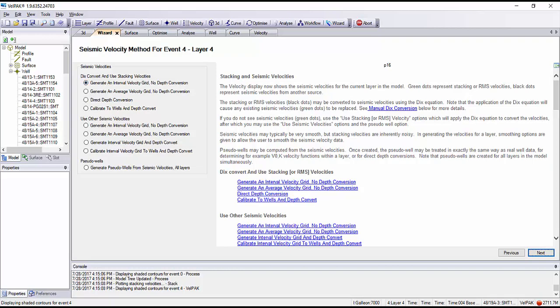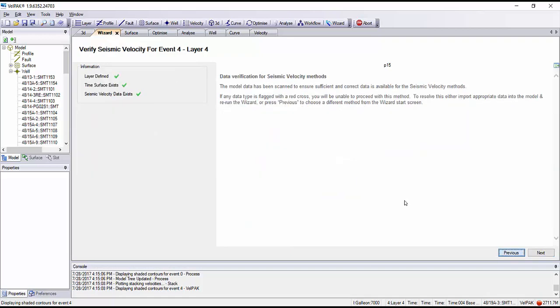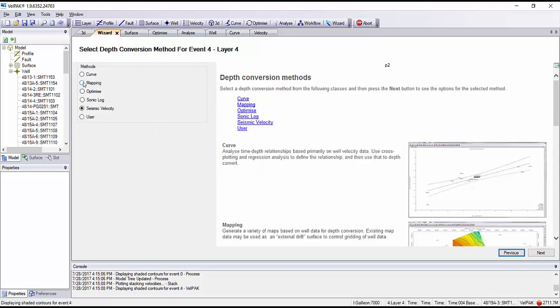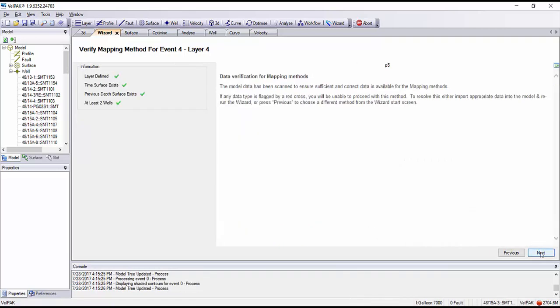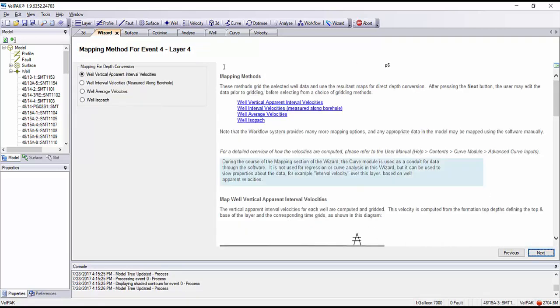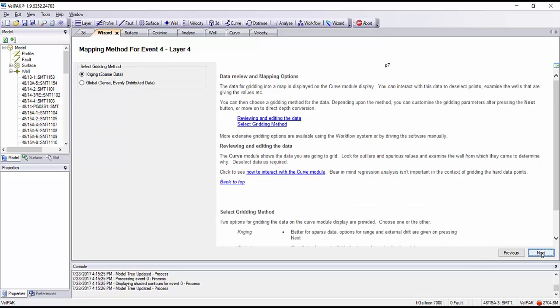What we're able to do now is use that drift grid, and if we click on mapping and next and press next again, we can now map the vertical apparent interval velocities and use that drift grid as an external drift surface. I'll select kriging for the sparse data that we have available and press next,